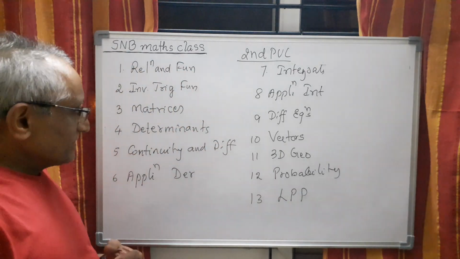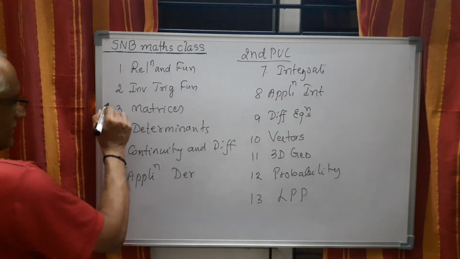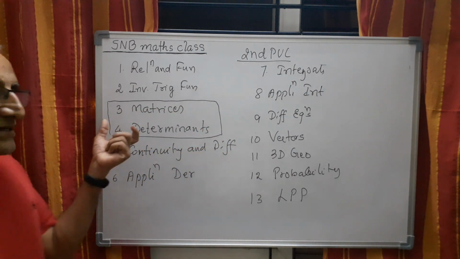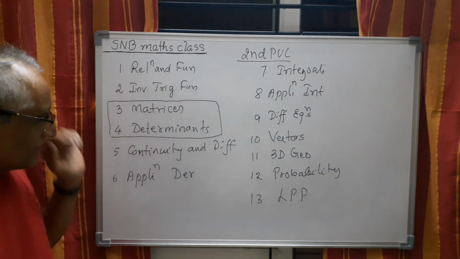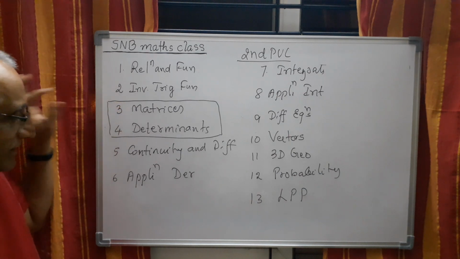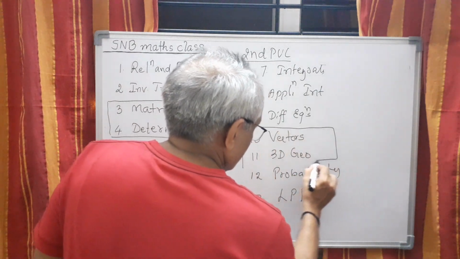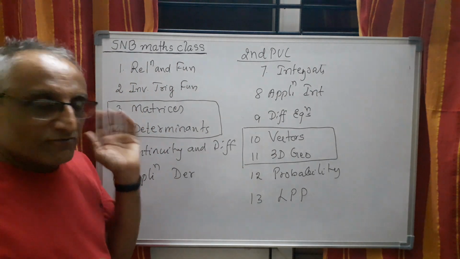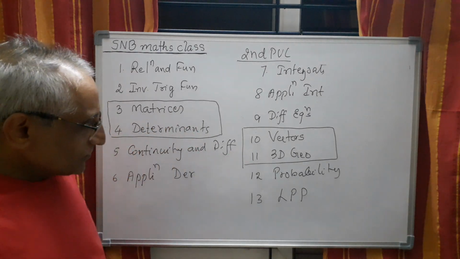The purpose of writing these chapters is this. If you look at this list, these two together, they are independent units. That means you can study them without the help of other chapters. So they are independent, but among them they are related. Matrix and determinant, they are together actually. Similarly, if you take vector and 3D, these two branches do not require much knowledge of other branches. Of course, some basic concepts of trigonometry and other things are required. So these are the two.